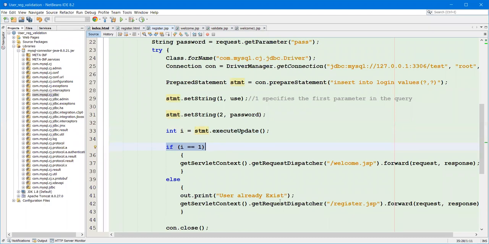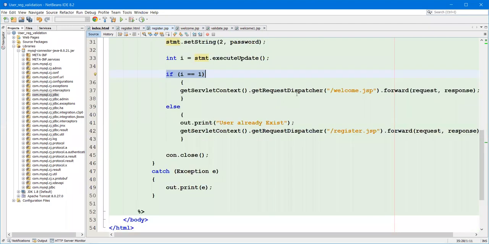Then we need to forward the request to show a successful message. For that we use the request dispatcher method. With the request dispatcher, we give control from this register.jsp file to the welcome.jsp program, and we also forward the request and response given by this code.